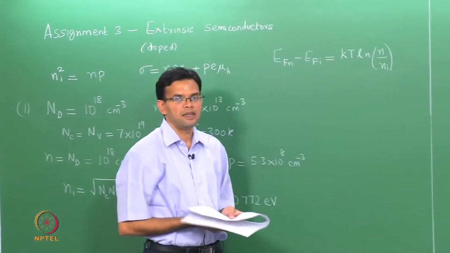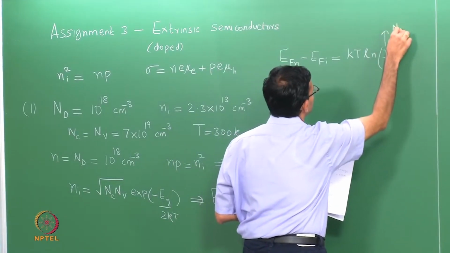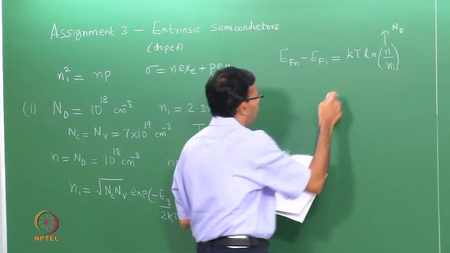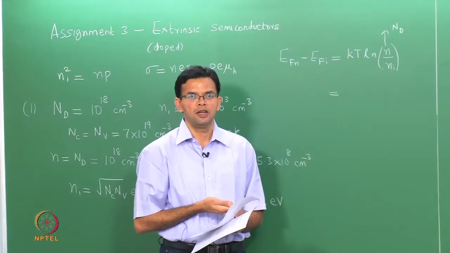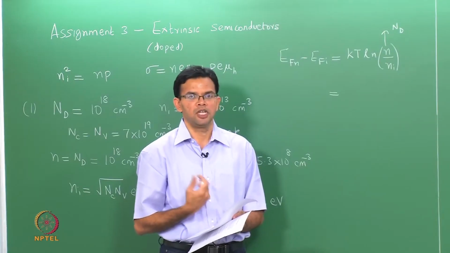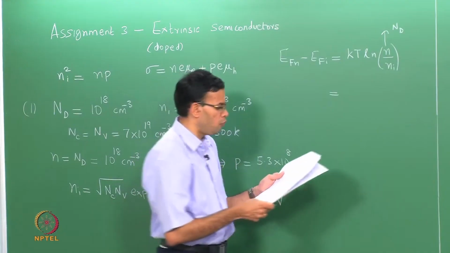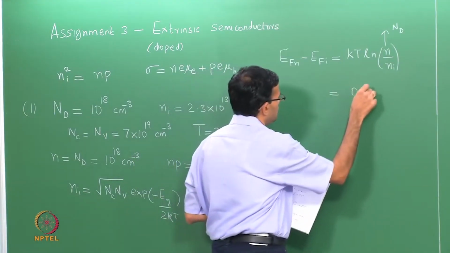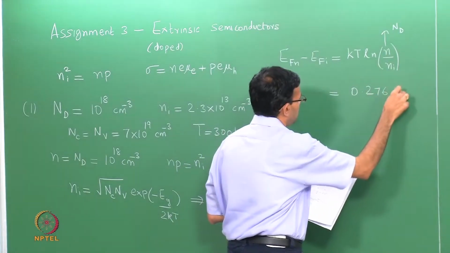In this particular case, n is nothing but Nd. We can substitute all the values, we can use k in SI units, but then we need to divide by 1.6 times 10 to the minus 19, so that we convert it back to electron volts. If you do this, E_FN minus E_FI is